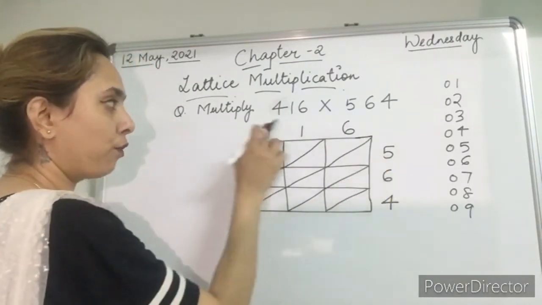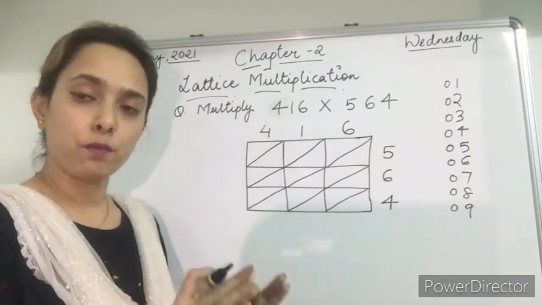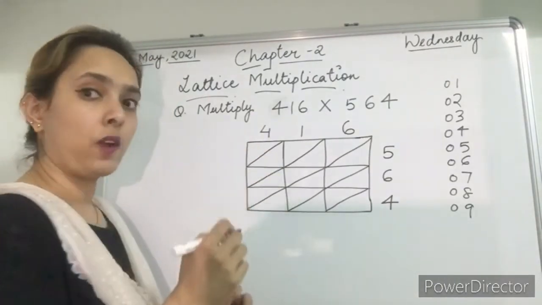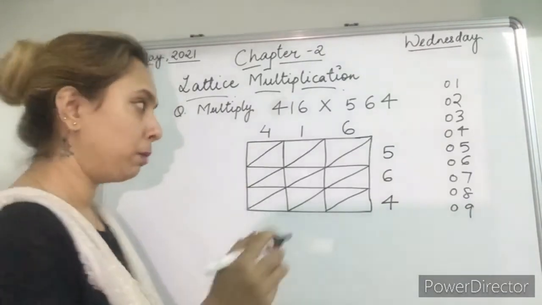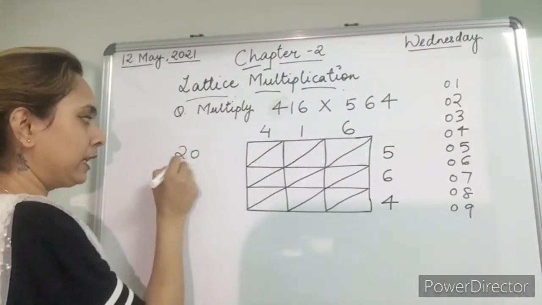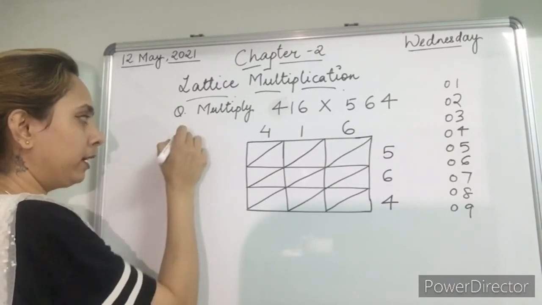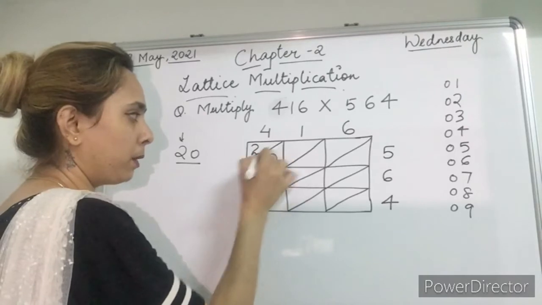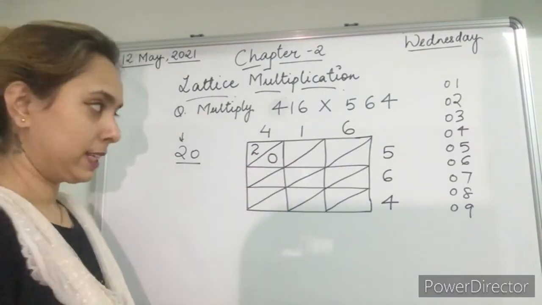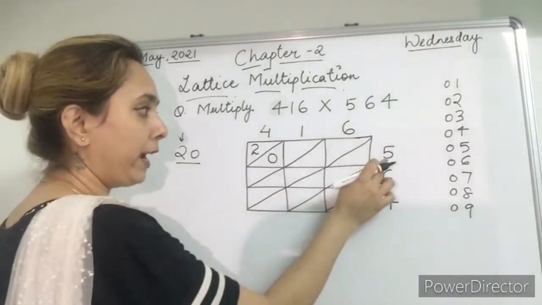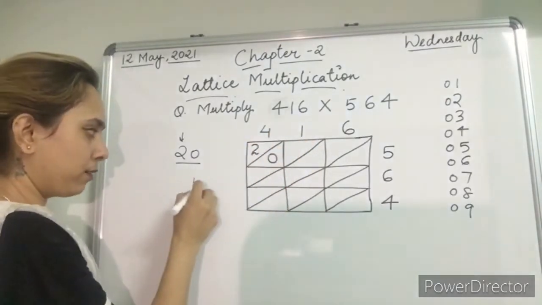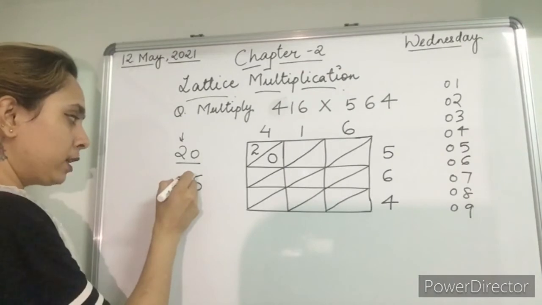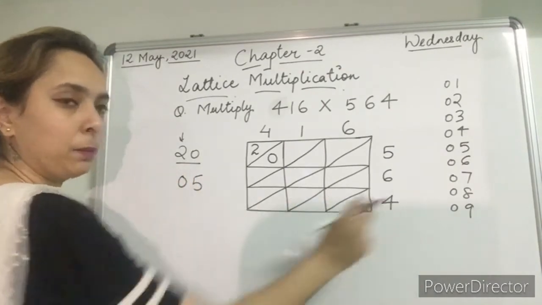5 4s are 5 multiplied by 4 is 20. So we will always write the number which is on the tens place. 20 we write like this. So we will always write the tens number here and the ones number here. Always. Now 5 ones are 5. So here we have only one digit. So for writing it in this way, we will put zeros. That is why I have explained you this.